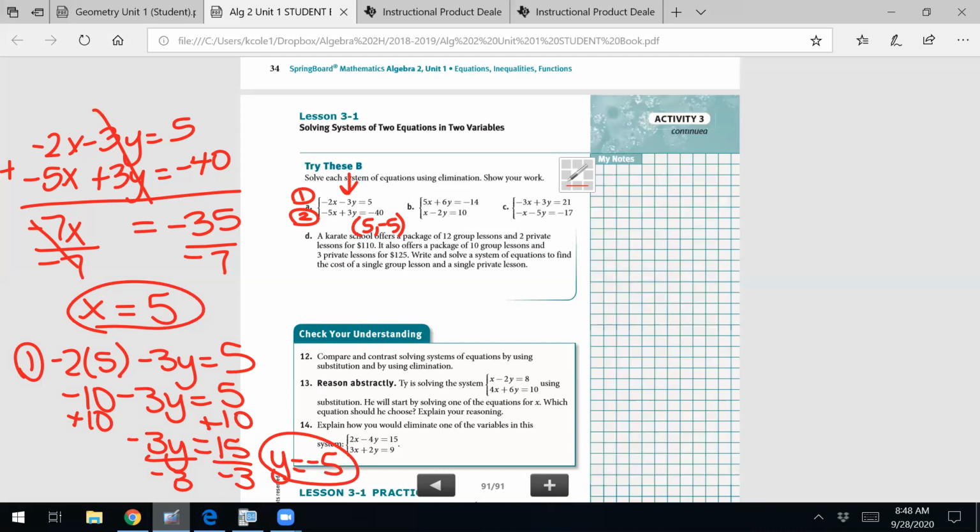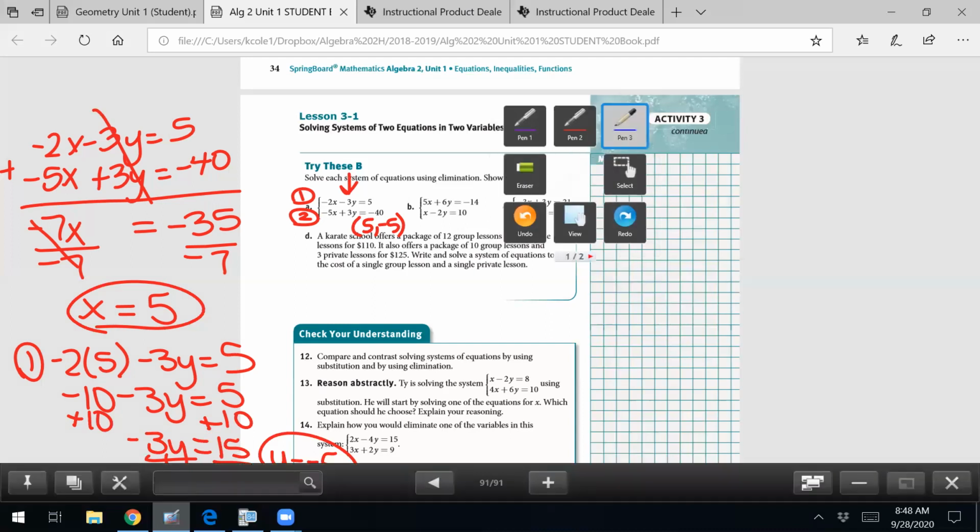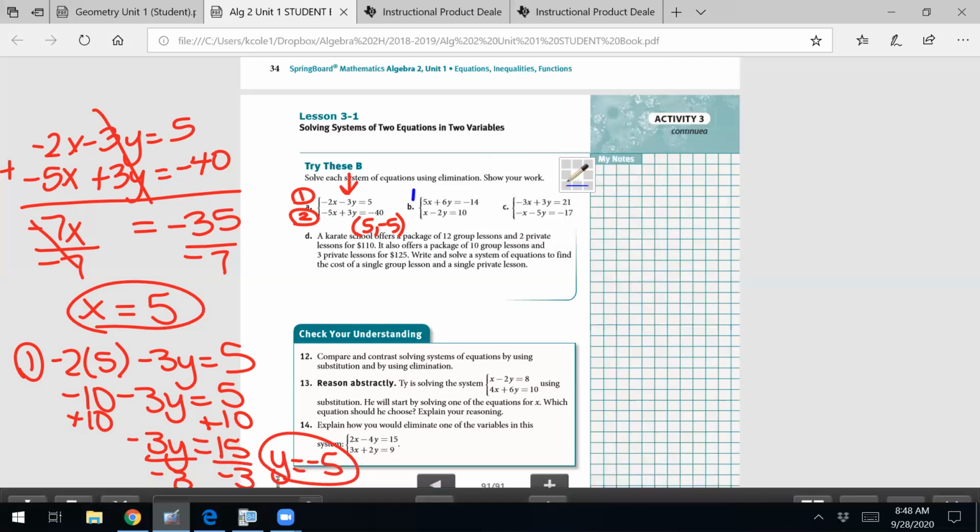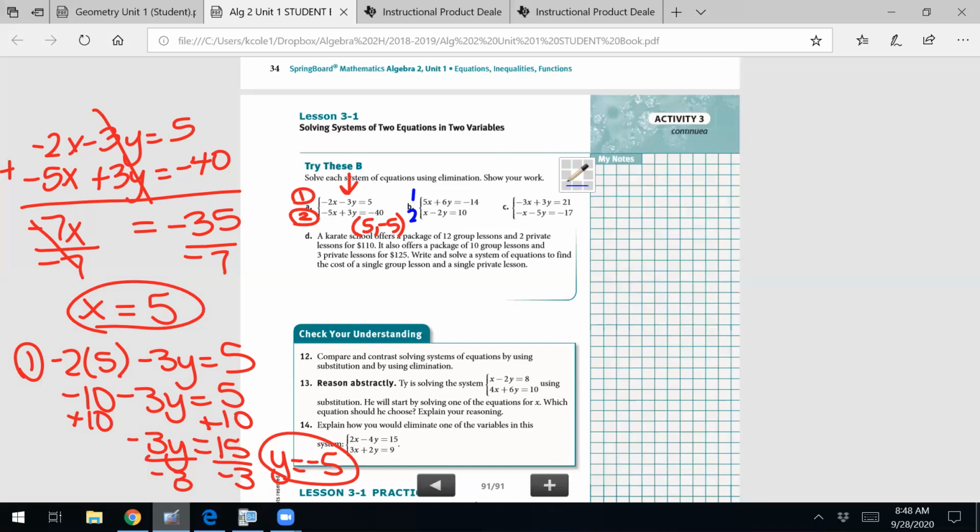Now, from here, on the second one, you still have your two equations, equation 1 and equation 2. Do you have opposites? No, not currently, which means we're going to have to create opposites. You create opposites by multiplying. So, do you want it to be 5y and negative 5y? Or do you want it to be 6 and negative 6? You just tell me because it doesn't matter.